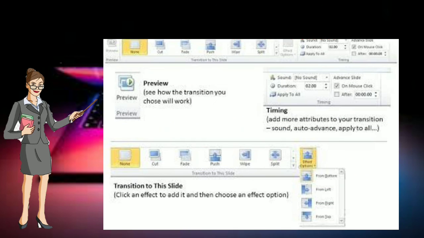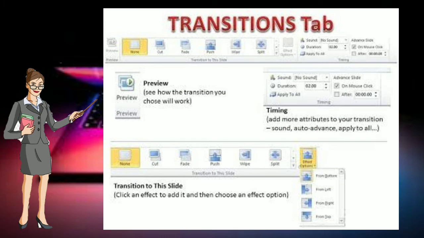Next, Transitions. It consists of preview, transition to this slide, and timing groups. Transitions are effects added to the slides when you move from one slide to the next during the presentation.